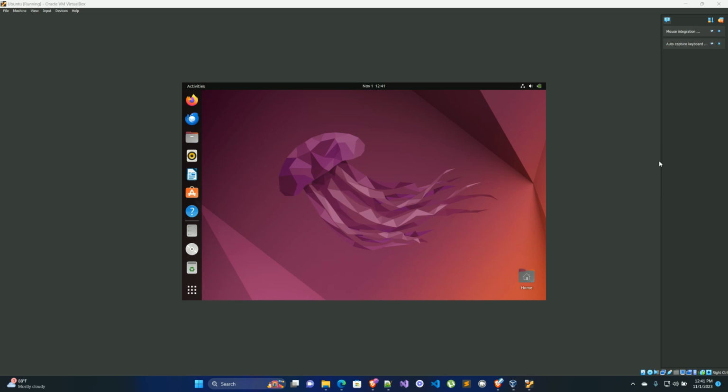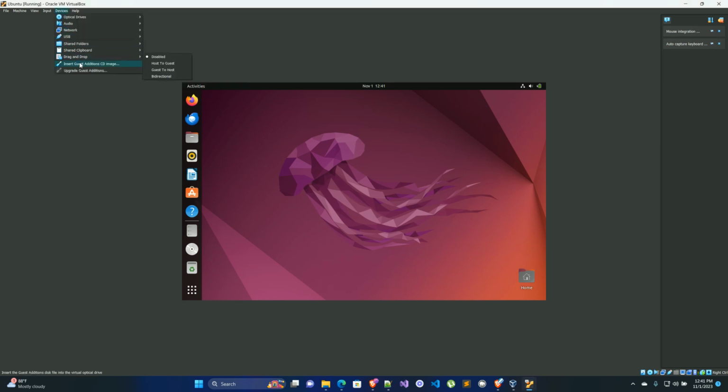So, just a quick one. Let's say after installing Ubuntu on your virtual machine, you're having challenges going to the full screen, so you cannot go to the full screen mode. What you can quickly do to resolve this is you come to